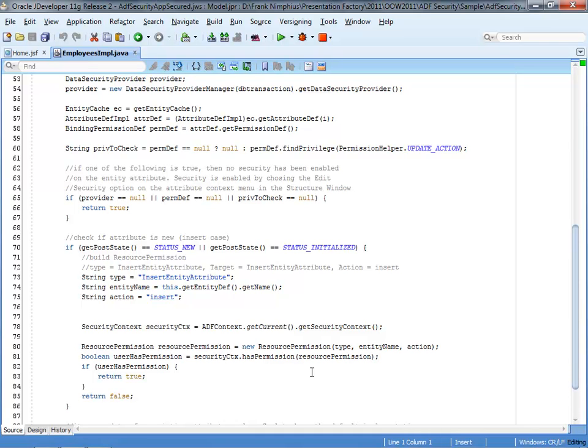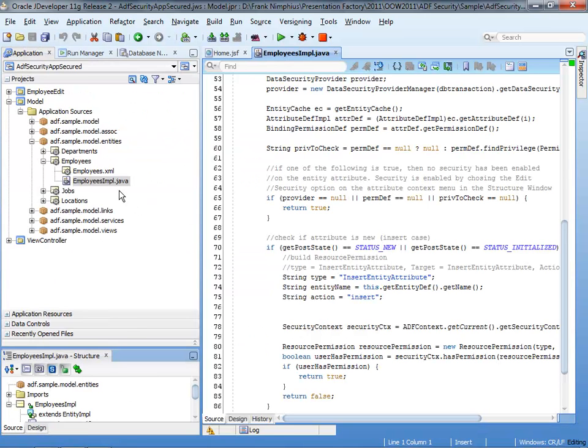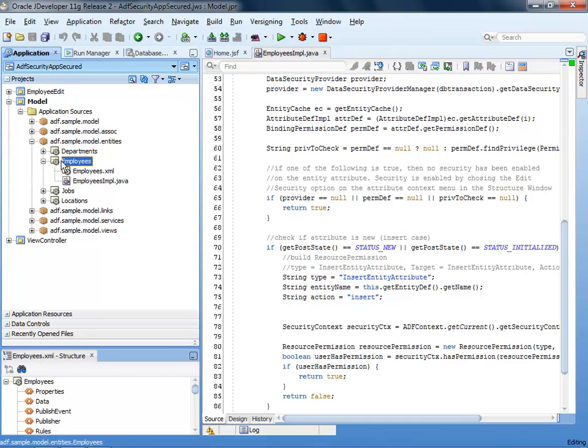Now this one is the permission that every manager has. Now HR managers don't need to bother, because if you're an HR manager you have the permission anyway, because the permission for updating the employee is defined on the entity. And this is what I'll show you next. So this is just the programmatic way of doing that. If I double click on the employee entity,